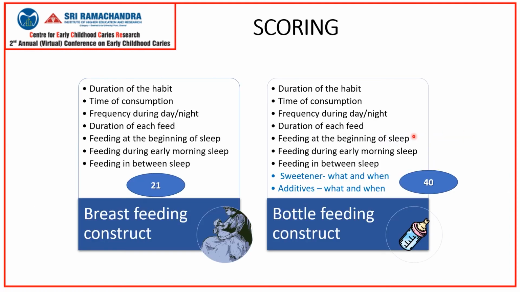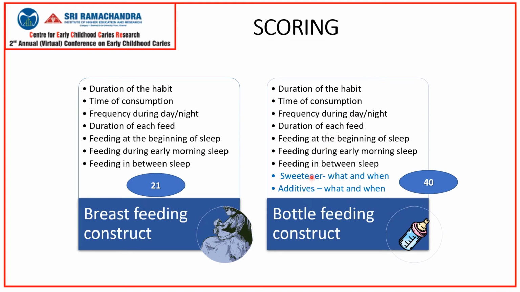So for the scoring, these were the items which were considered. For the breastfeeding construct: duration of the habit, time of consumption, frequency during day and night, duration of each feed, and the 3 feeding patterns which I had told. Similarly, the same thing was considered for the bottle feeding construct, but 2 other items were also considered, which included